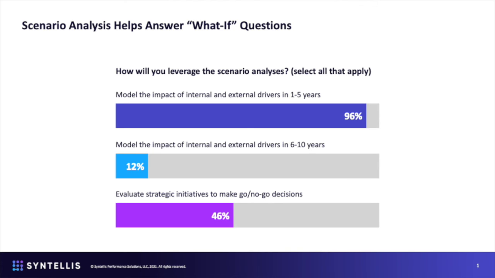The other thing I'll mention here is we didn't have the tool at the time, but we did use some of our what-if analysis to decide a few years ago whether or not to move forward on a new residence hall. We didn't have the tool that we have now, which probably would have made it a ton easier. But my point is that we would be in that last category as well, using what-if analysis to make go, no-go decisions on program additions or major construction projects, things like that.